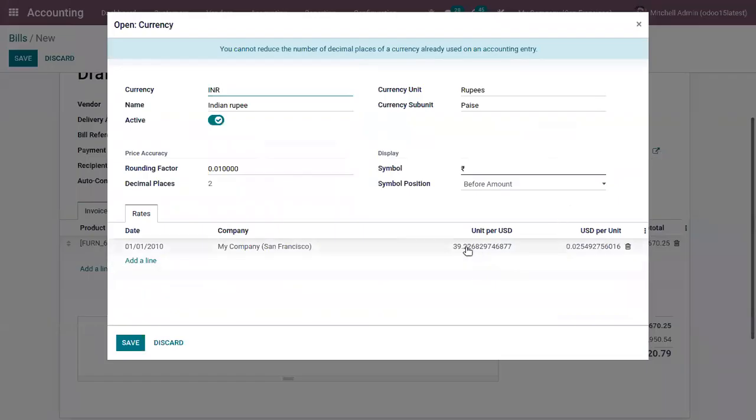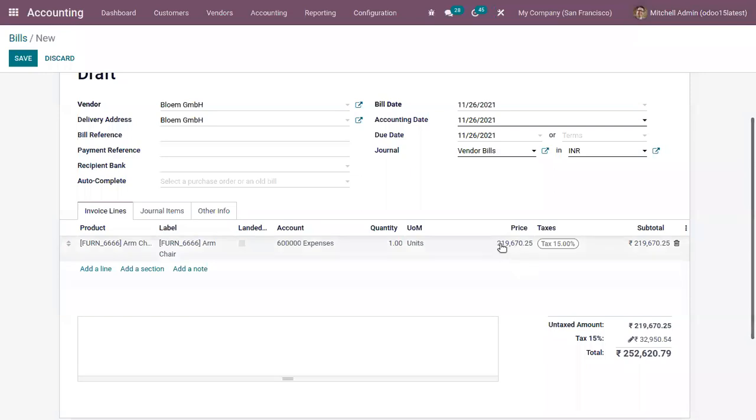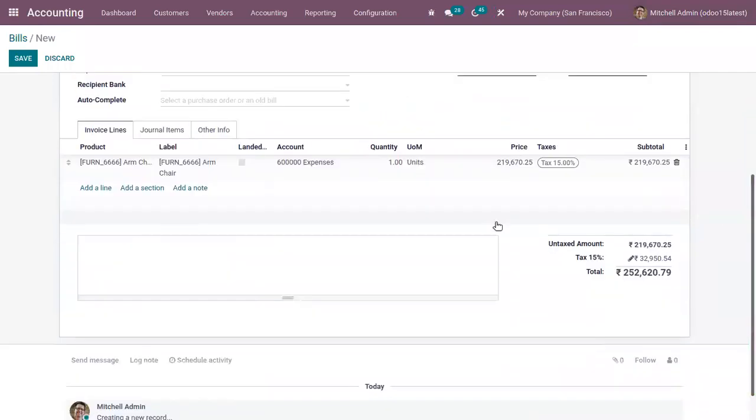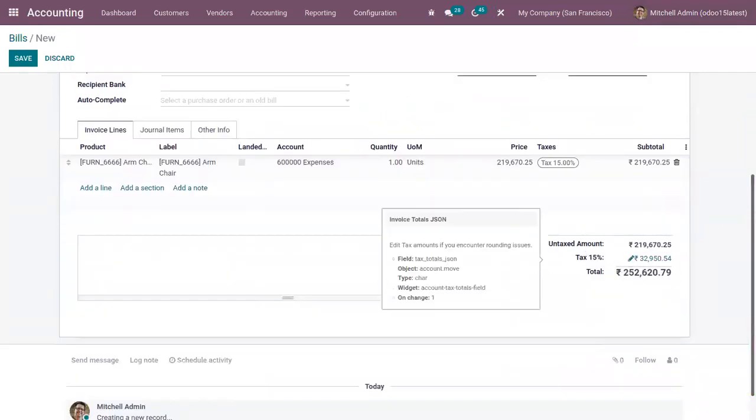So here for INR, you can see units per USD is 39.2268, and so 5,600 is multiplied with this number to get 219,670.25. So you can see the bill is created in Indian rupee.